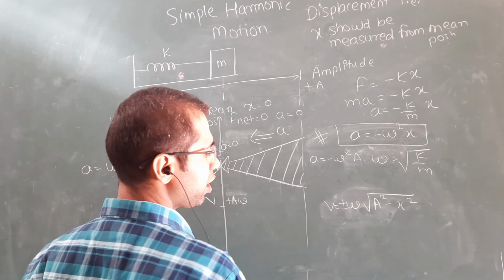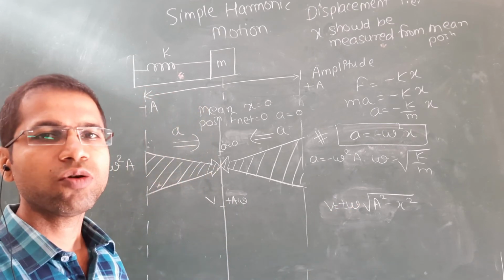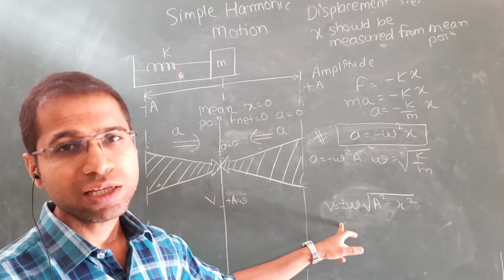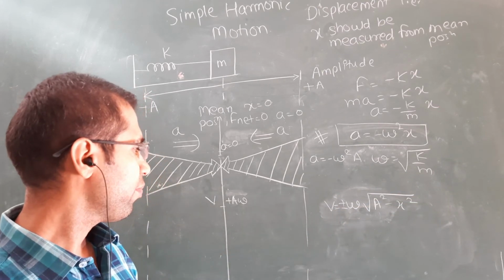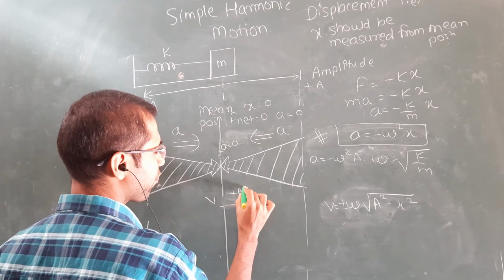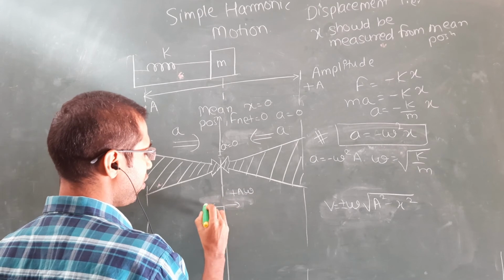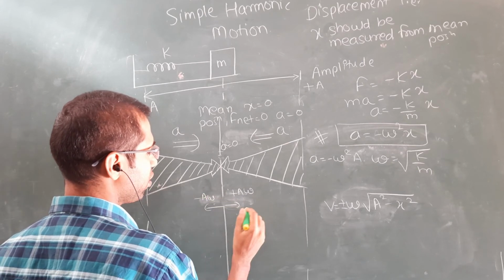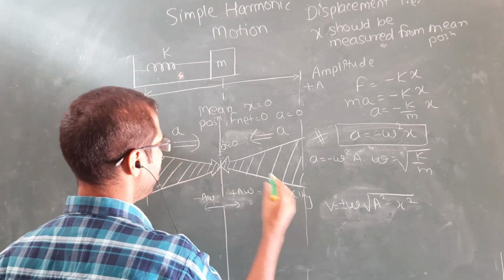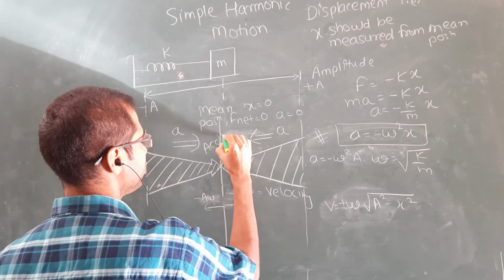Plus minus value we are taking because velocity is also a vector quantity. It is positive direction also, negative direction also. That's why the plus minus signs are introduced here. So on one side velocity is plus a omega and on the minus side velocity is minus a omega. This is the discussion about the velocity, just as that was the discussion about the acceleration.